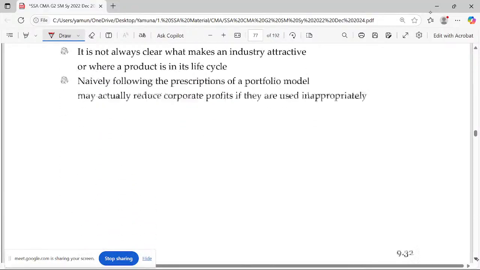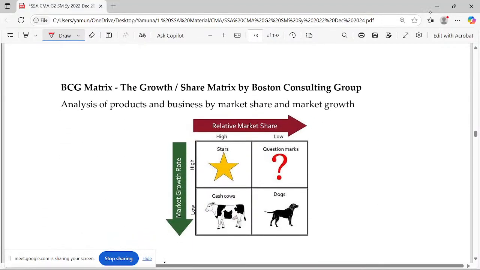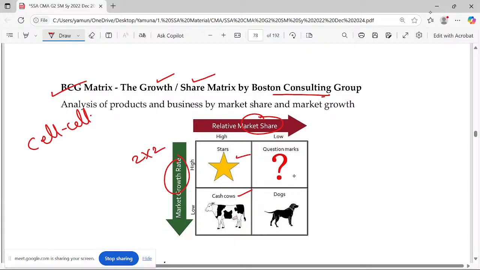Okay, let me go for BCG and I'll come back. I'm not going to discuss it in detail, I'll just give a small hint. When we say BCG, it's developed by Boston Consulting Group. Growth will be one dimension, share will be another dimension. That's why it's called portfolio, or you call this cell by cell analysis. Market share will be taken and growth rate will be taken. It's two dimensions, so it's a two by two matrix. You'll get four cells, which means four situations: star, cow, question mark, and dogs. So this is with respect to BCG.